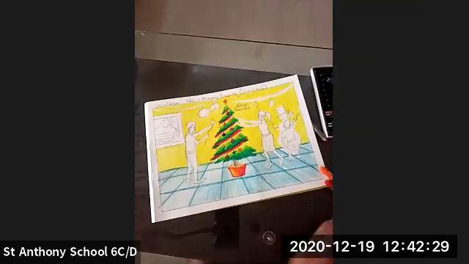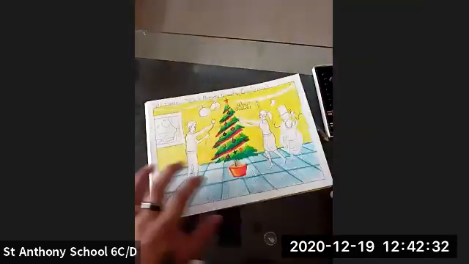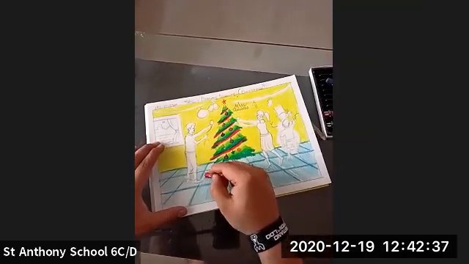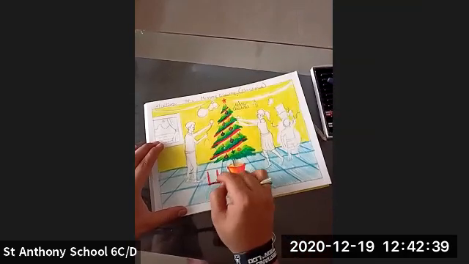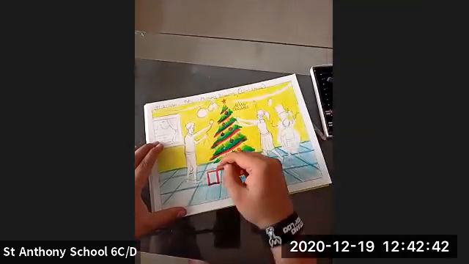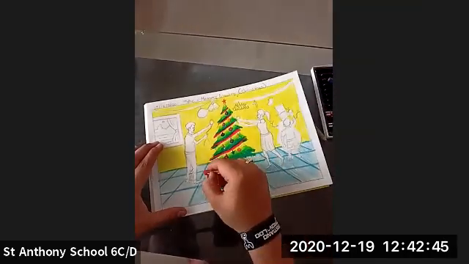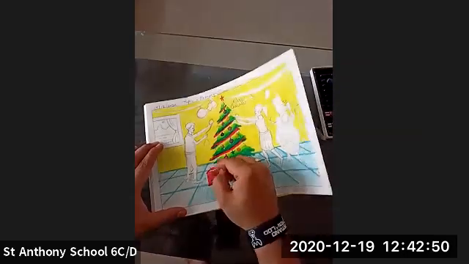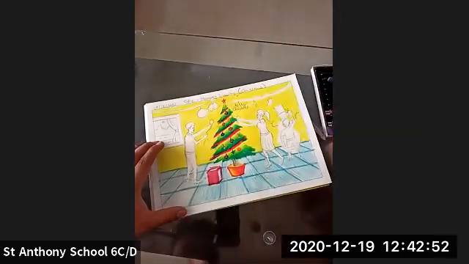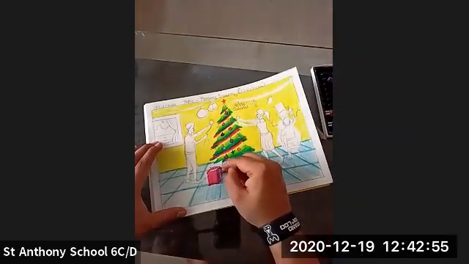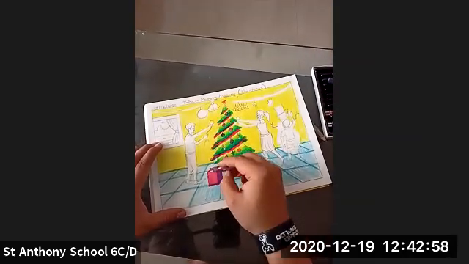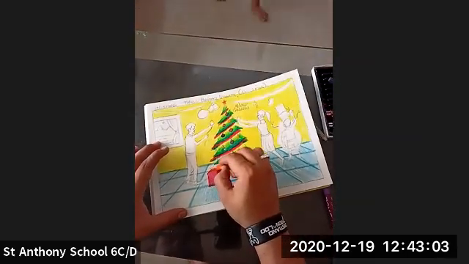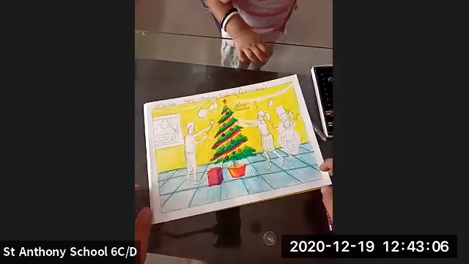After doing this, here you can show some gifts kept in this part. So this is how you can do it.